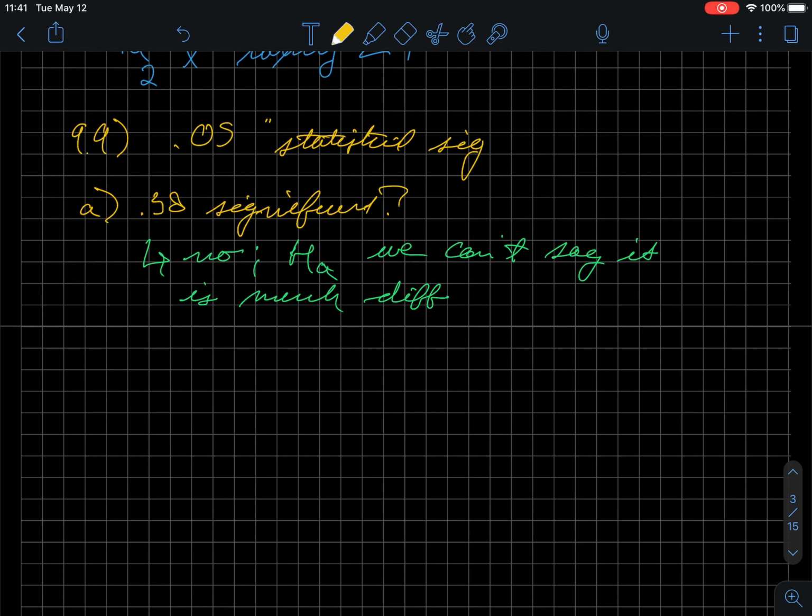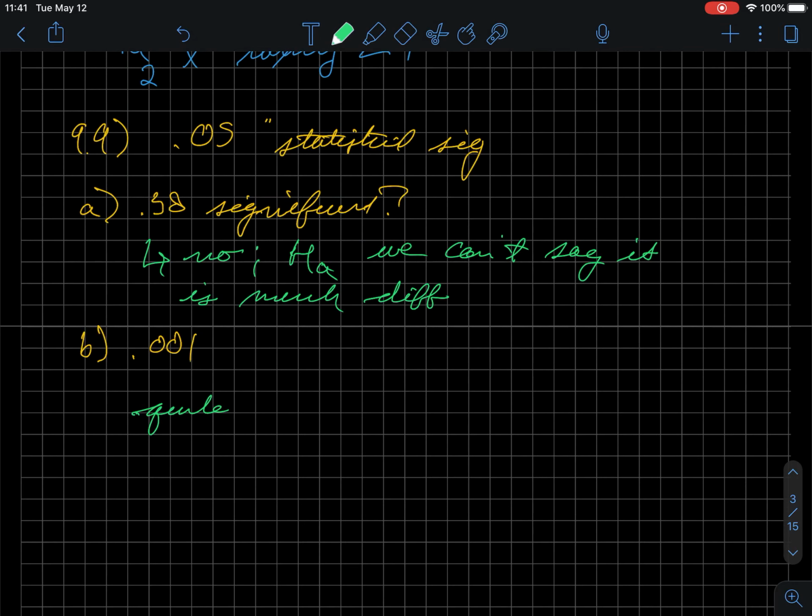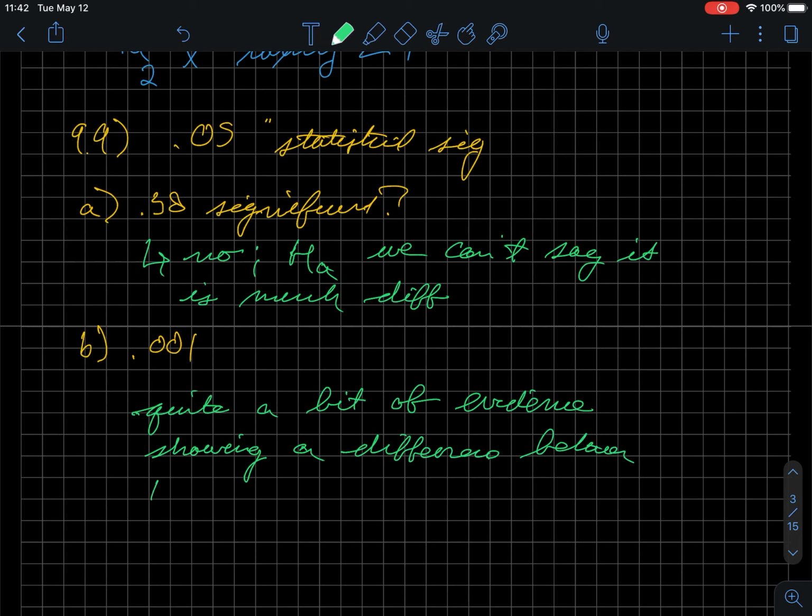And for part B, if we look at 0.001 for a p-value, we would say that there is quite a bit of evidence showing a difference between the null and alternative hypotheses. So that's how we would approach those. So kind of easy, basic stuff, but hopefully it starts jogging your mind and thinking about how to think in this kind of